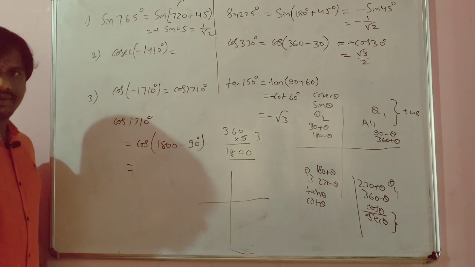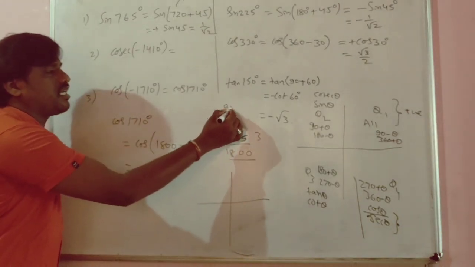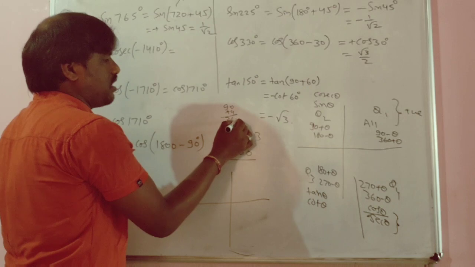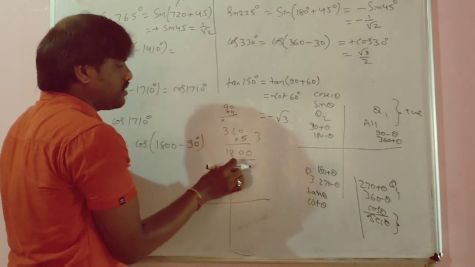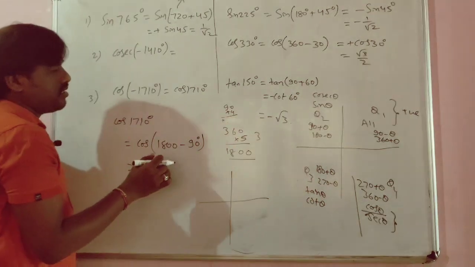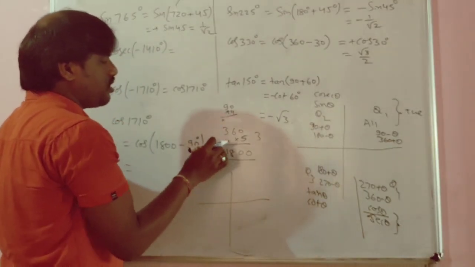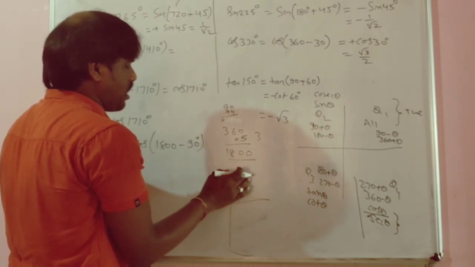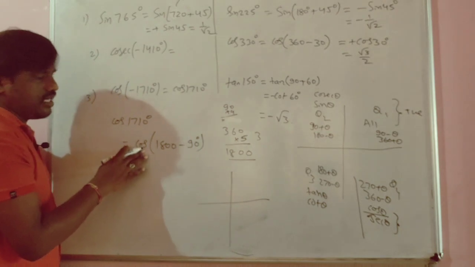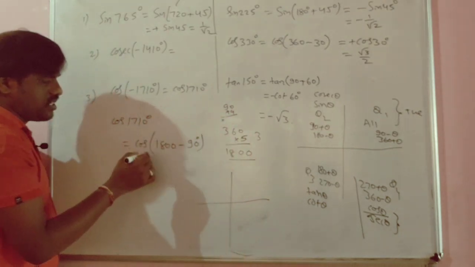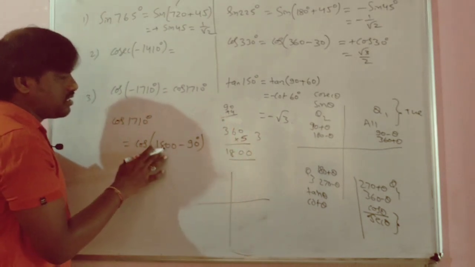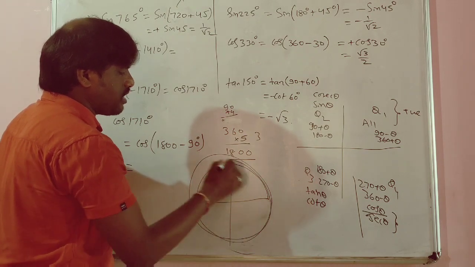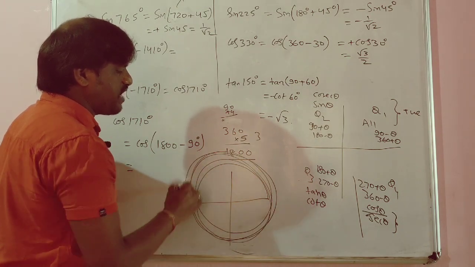Are you getting what I said? This is 360. How do you get it? 94s are 360. So here I am going to get an odd multiple of 90. So cos here, I am going to check in which quadrant. This is 360, 5 times. So 360, 1 time, 2 times, 3 times, 4 times. It is rotating 5 times.